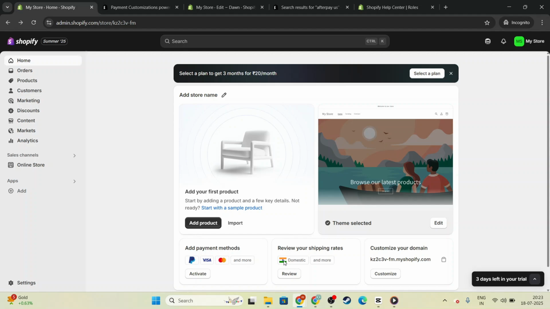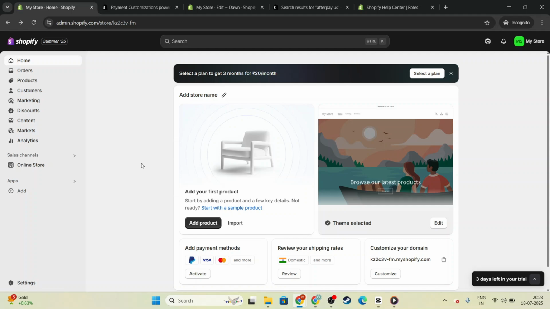tool. First, let's start by logging into your Shopify account. To do this, head over to Shopify. Come and click on the Login button at the top right corner. Enter your credentials and you'll find yourself on the Shopify admin dashboard. This is your central hub where you'll manage your store's operations, and today, it's where you'll set up your Paytm